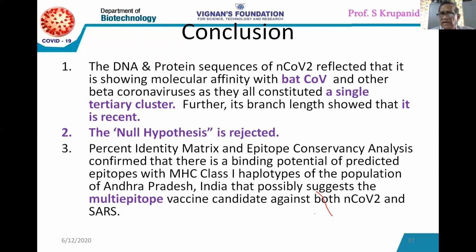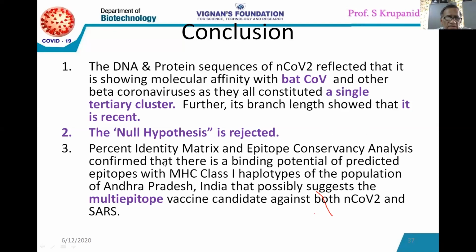So that is the importance of this type of software, that we can assess the evolutionary relationship and molecular affinities among these individuals. Apart from that, the branch length that I have shown you in this diagram is also short, which tells us that the coronavirus is also recent. So that is what we have been telling. Coronavirus is not new to the biological system. The newness is only in infecting human beings. As a result, the null hypothesis is rejected and the alternative hypothesis accepted.